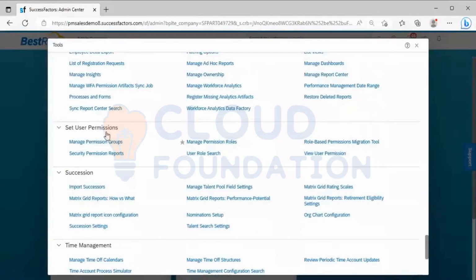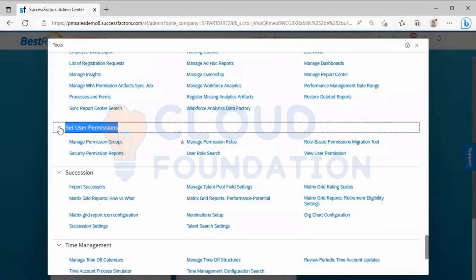This option is coming. Are you able to see set user permission? This section is coming because we have enabled the feature RDP from the provisioning.